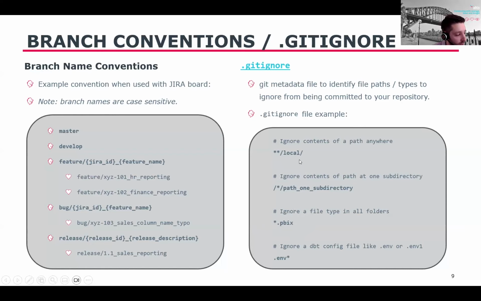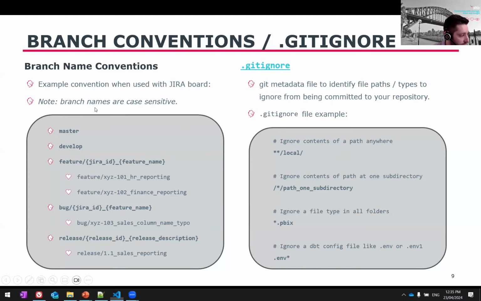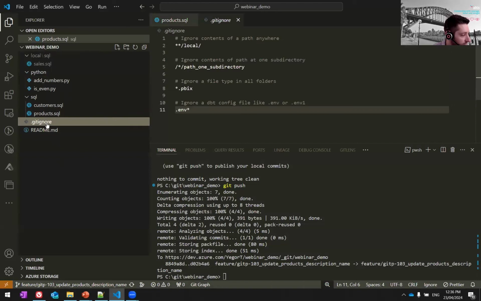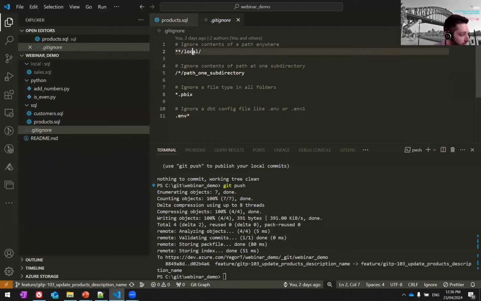This is a really nice convention where you want to have at your disposal different variations of code that you're testing, and you don't want to have those checked in. So let me quickly jump to VS Code and show what I mean. This is that gitignore that I'm talking about. Here I'm ignoring any folders called local at any level of subdirectory